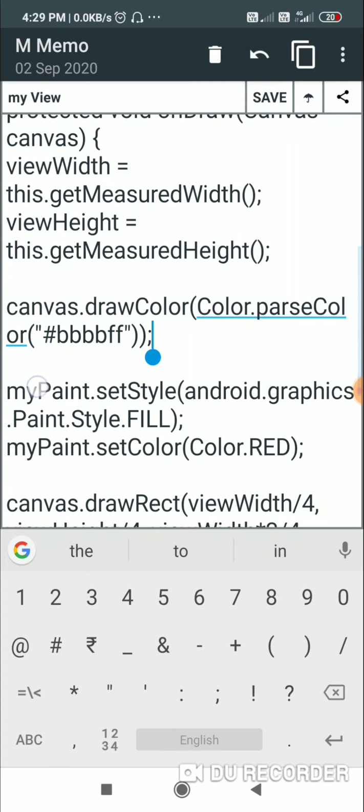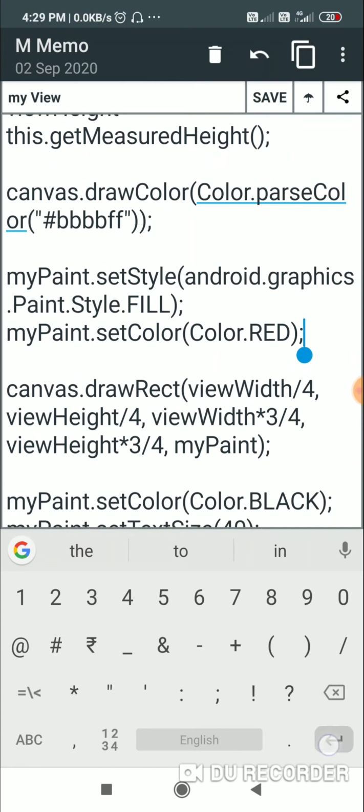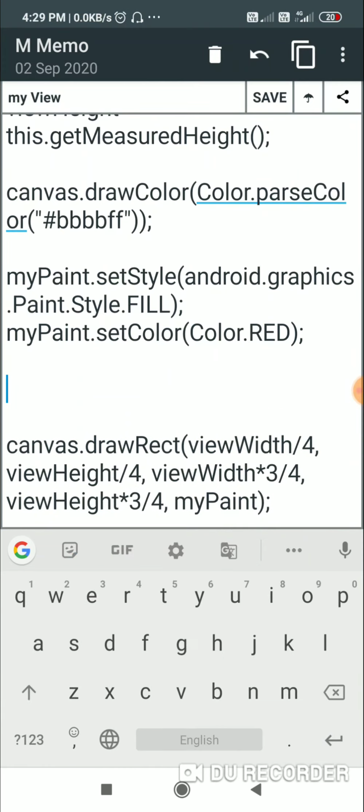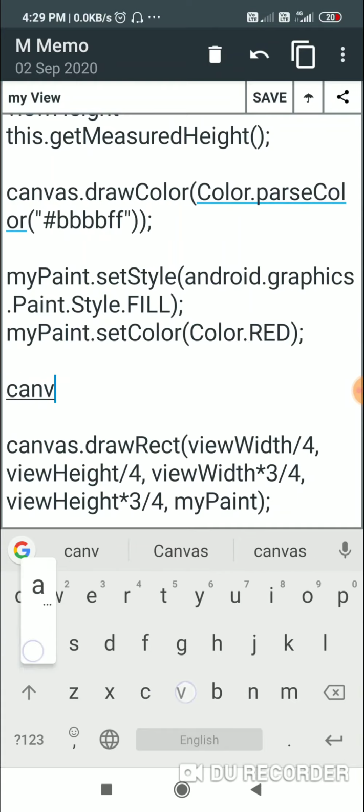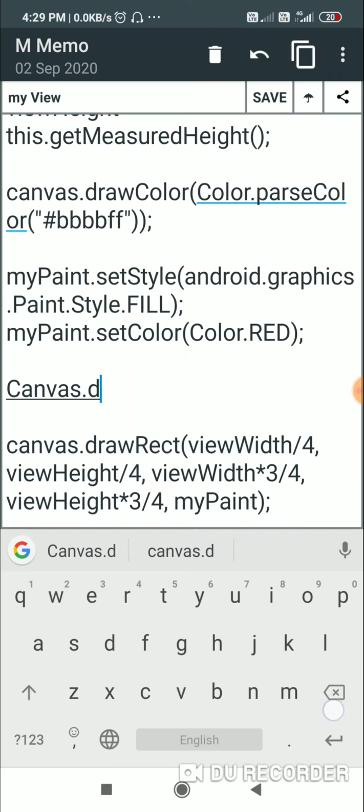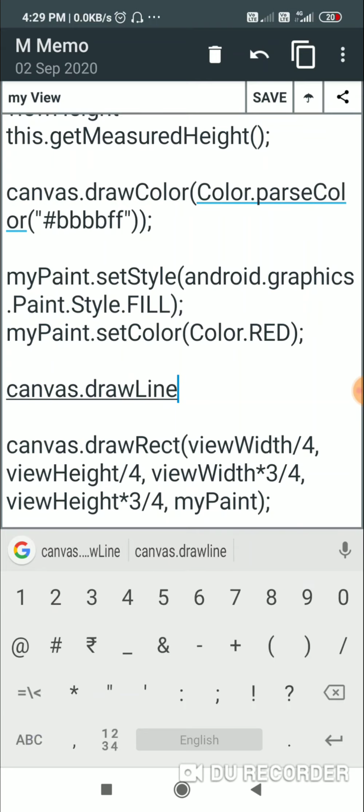Now after this I set the style of my paint to fill, and I set the color to red, and then I will use this to draw two lines. First will be a horizontal line in the center of the view, and second will be a vertical line in the center of the view. For drawing the line I will write canvas.drawLine. The first will be the x coordinate of the start point, which will be 0.